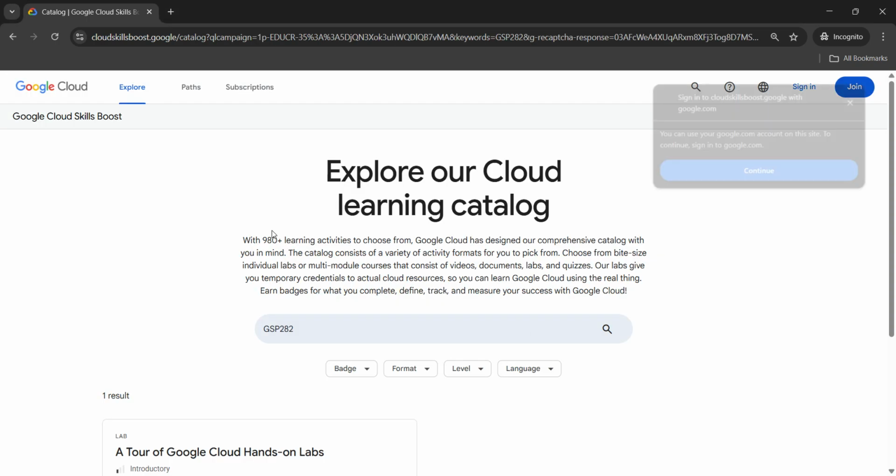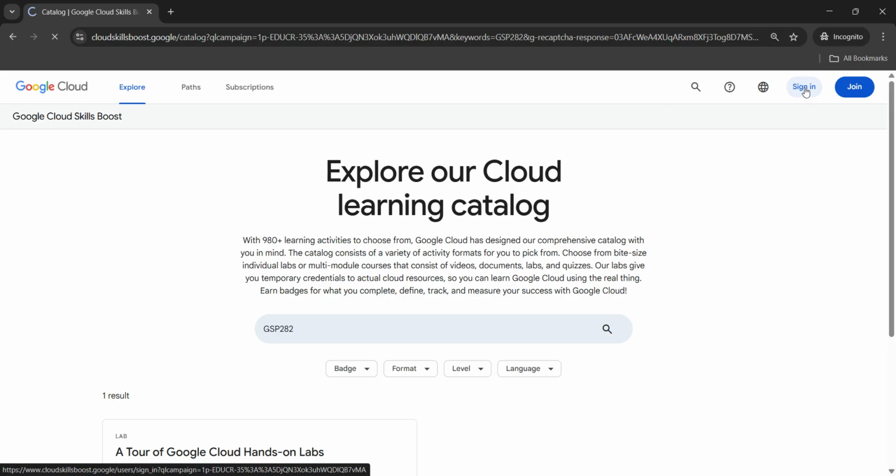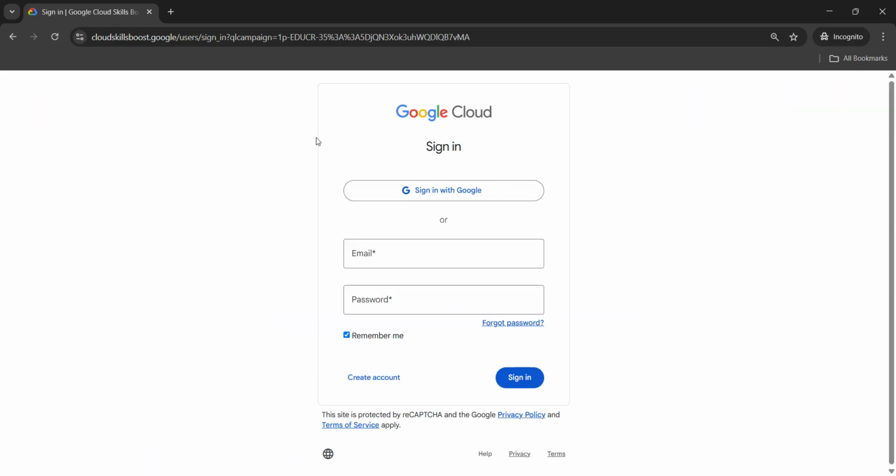So here you can see I put my secret code here and this kind of dashboard is open here. So you have to now sign in with your account. So this is sign in, and whichever account you made the ID from your Google Cloud Skill Boost ID, you have to sign in with that, the Google ID. Okay. So here I will do sign in with Google,